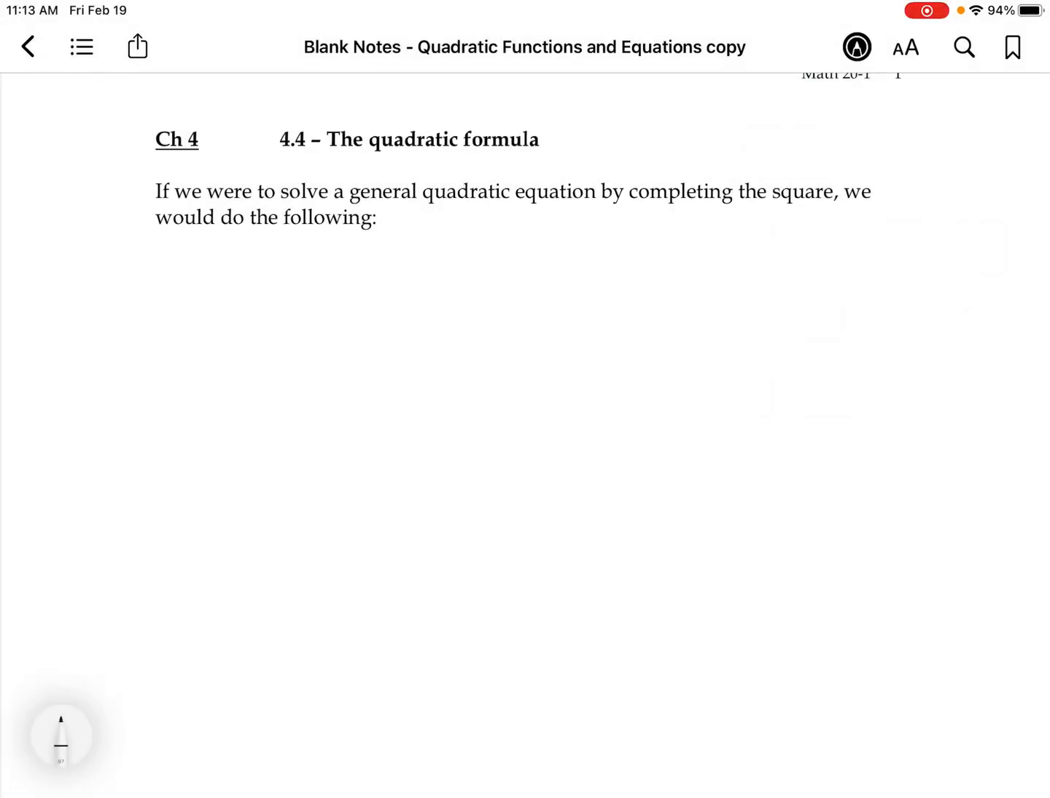Hi everyone. So yesterday we talked about solving quadratic equations by completing the square, and you can absolutely solve quadratic equations that way, but it can be a bit of a lengthy process. And so what we're going to do today is we are going to solve this quadratic equation,